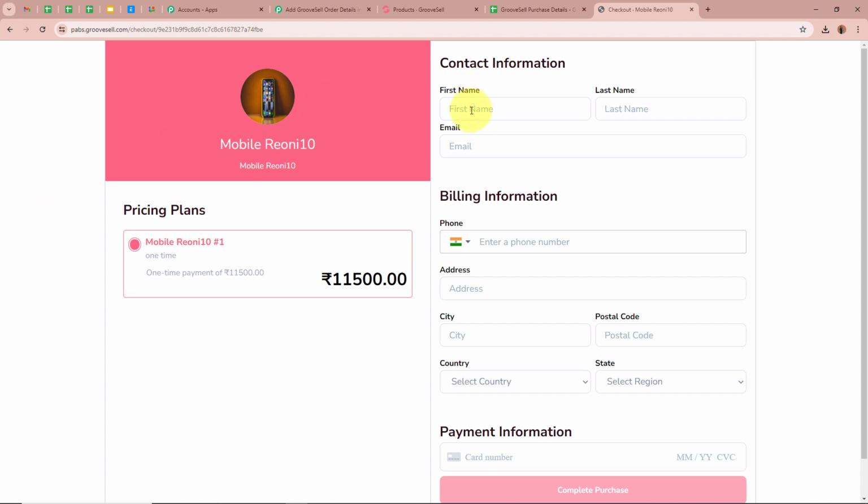It is asking for the details like first name, last name, email, phone number, address, city, postal code, country, state, and payment method. So I'm going to fill in the details right over here first. As you can see, I filled in the details. So the first name as Test, last name as user14, email as